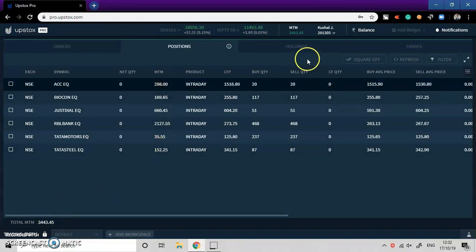And now as a trader, I'm very confident and happy and excited about the system. The first day I made a loss of 2,000, then made a profit of 1,200, and today I made a profit of 3,440 rupees. Today is an exception day. I cannot expect such days every day where all my trades are in positive. However, tomorrow on 18th, I will be more confident and I will be choosing stocks again wisely, and I will be again trading.